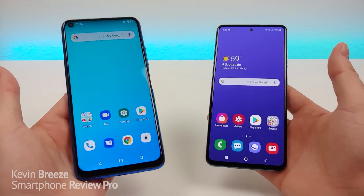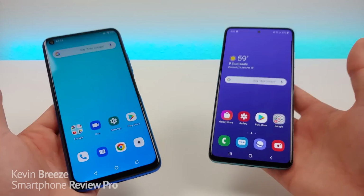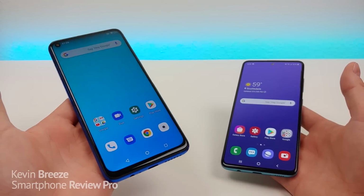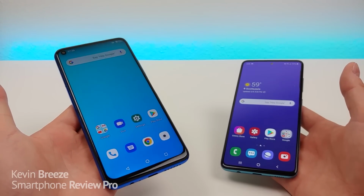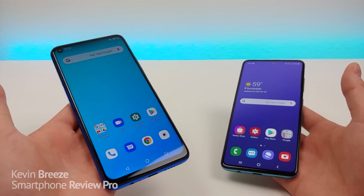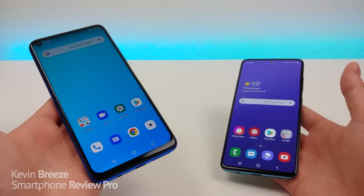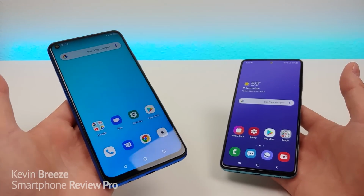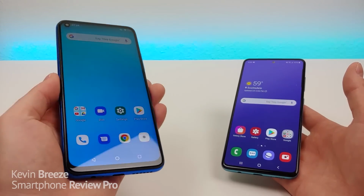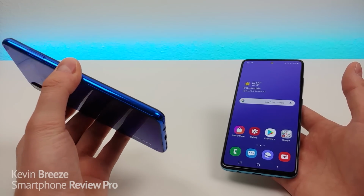So which phone is the better device to choose? Well, I think first thing, both phones are good phones. This is certainly one of the best devices that I've used ever from Umidigi. And that's saying a lot because I've used pretty much every phone that they've put out over the last year and a half or so. I've used the Umidigi X, I've used the Umidigi F1, I've used the Umidigi Power, Umidigi A5 Pro, the Umidigi S3 Pro. I've had so many different phones from Umidigi in the past, and this one is way better in all ways. It's a better design, it's definitely the most well-built phone I've ever used from Umidigi, and it has